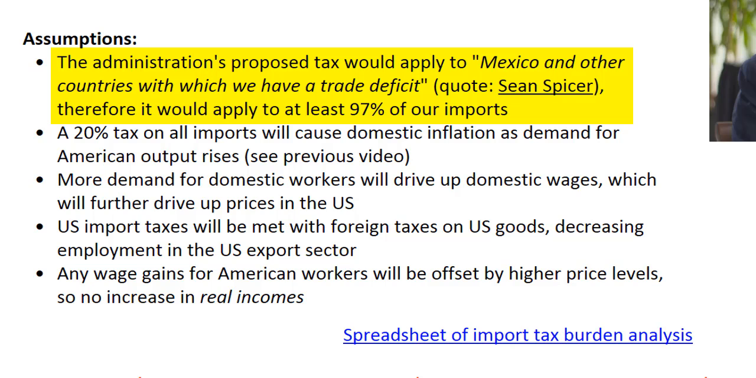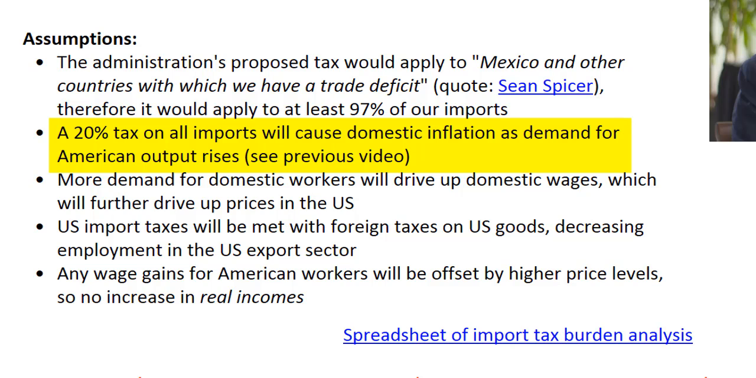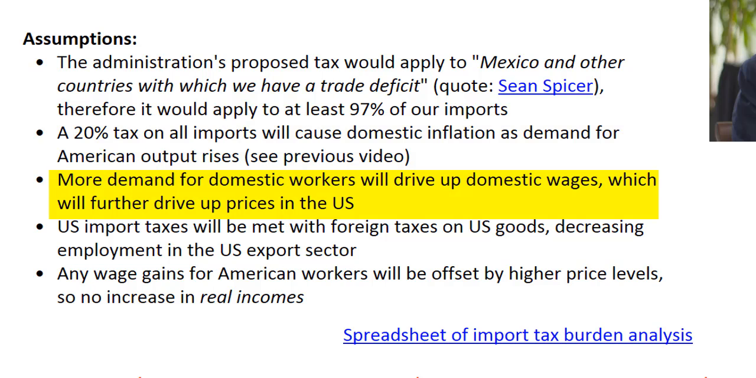Therefore, we assume that this tax will apply to nearly all of the imported goods that Americans buy, about 97% of the imports that Americans buy. Next, if you watch my previous lesson on who will pay for Trump's border wall, we learned that a 20% tax on imports will cause domestic inflation as demand for American output rises and the cost of producing goods in the United States rises. So this would drive up the price level and the average cost of living in the